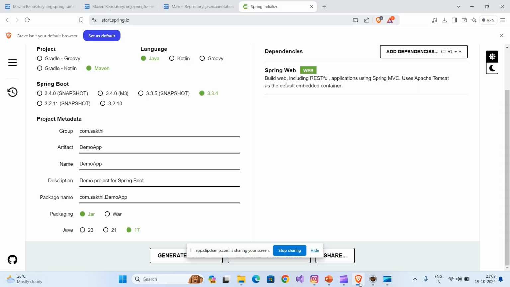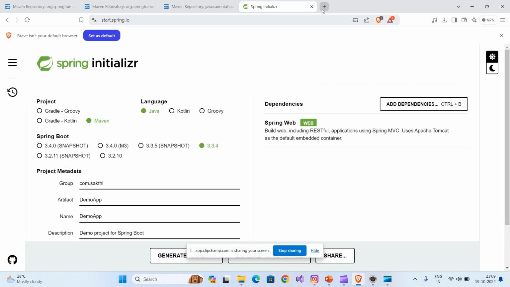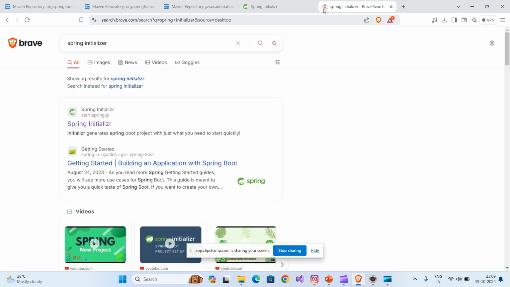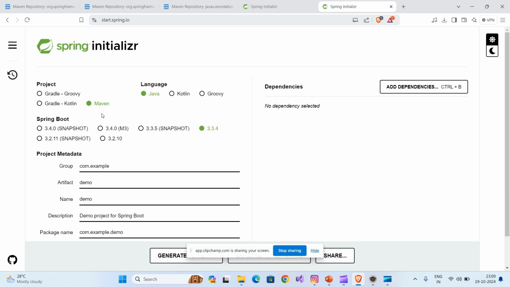Enter into a browser and type Spring Initializr. After clicking Spring Initializr, choose Maven and Java, and then Spring Boot version 3.3.4. Here com is the domain name, and example is the company name. For example, in that place I'm giving Shakti, my name, and then the artifact name. In artifact name I'm going to give the project name, so I'm giving demo app,